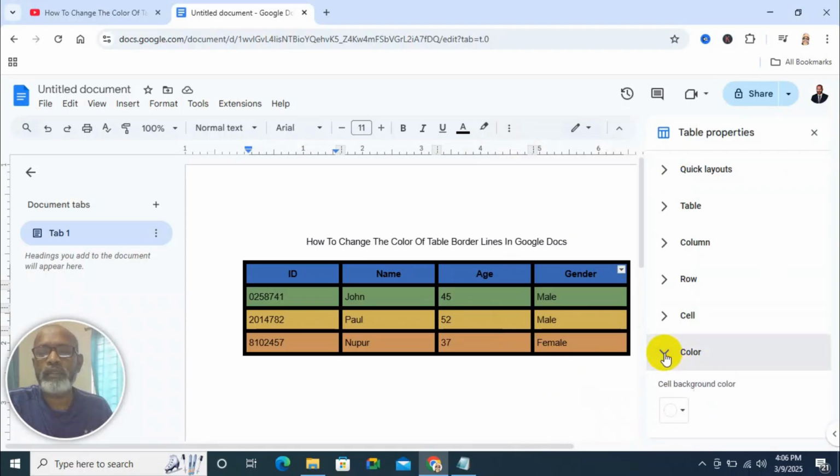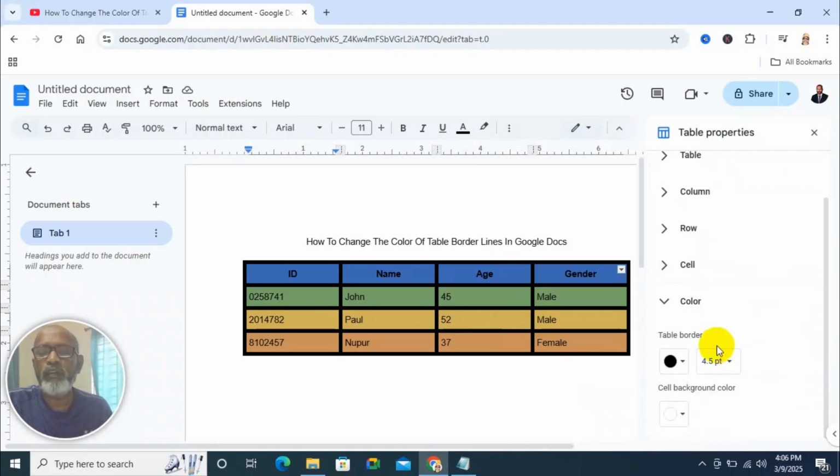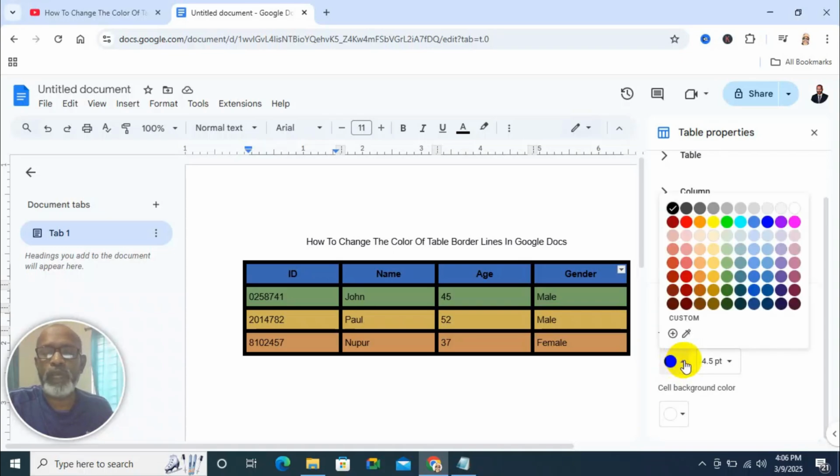Expand the color, and here you will find the table border, and this one is the table border size. I am not changing the size, and this one is the table border color, and black is selected here. Just click on the drop down menu here and change the color. I am changing the table border color to red. Select red from here,